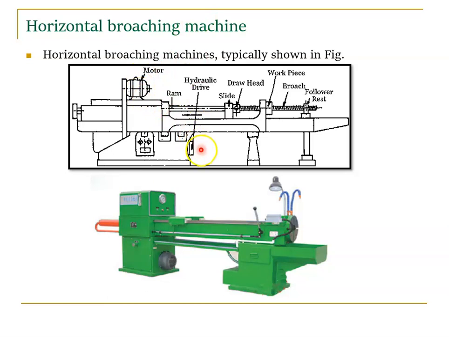Alright, so we have some hydraulic drive to hold the workpiece or to actuate, to run the motor, right? So hydraulic drive. So the ram, and then we have a slide, and then we have a clamp, right? So clamp. So here is my workpiece. So what we do is, in the ram we have a rod, a slender rod we call it.